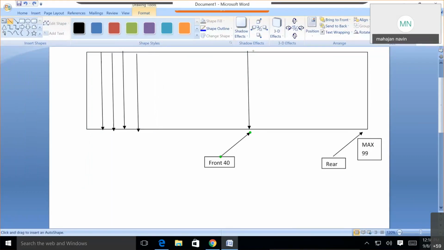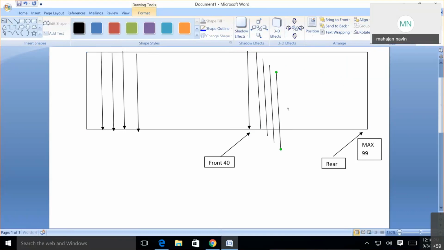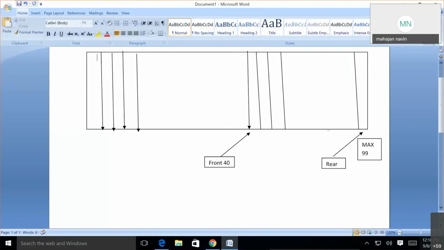Front is pointing to the 40th element, and rear is at the end, and there are some items which are full.